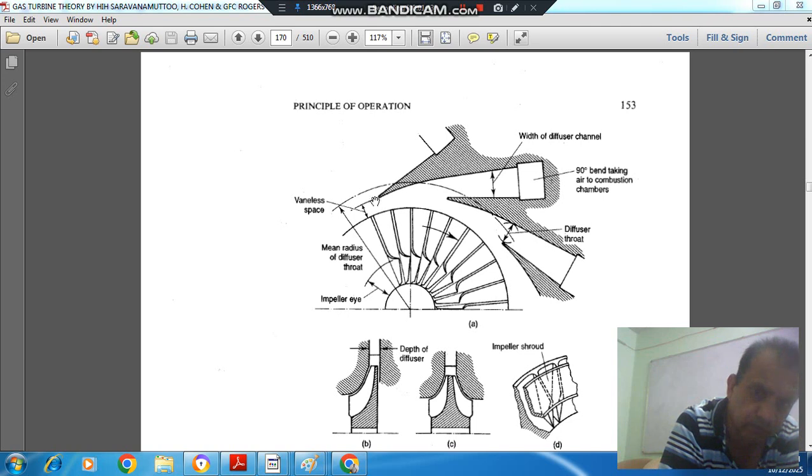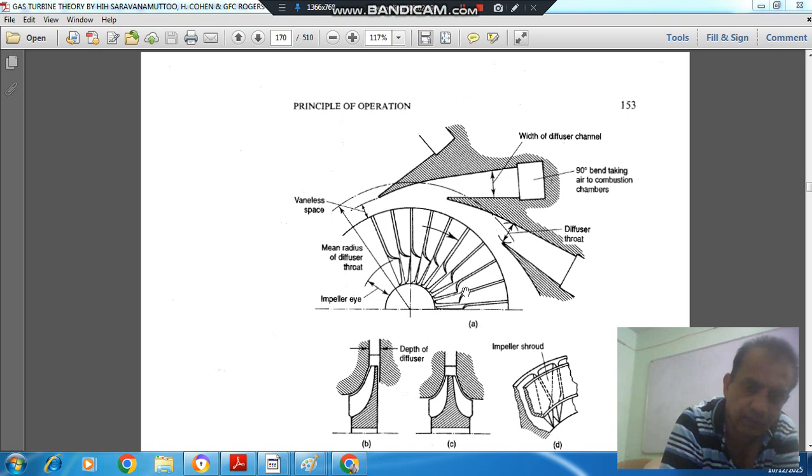So the area of flow is pi into diameter of impeller into depth of impeller at the exit. That is the area of the flow at the outlet, and the flow is leaving radially, so mass flow rate is pi into D into depth of impeller into CR2, the radial